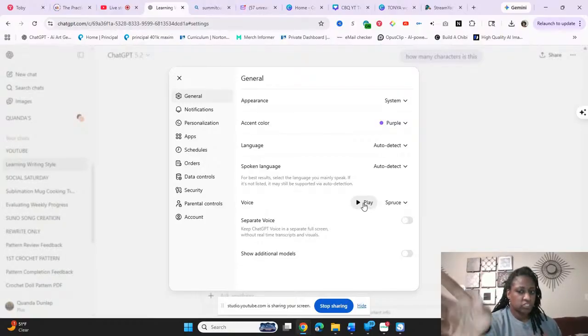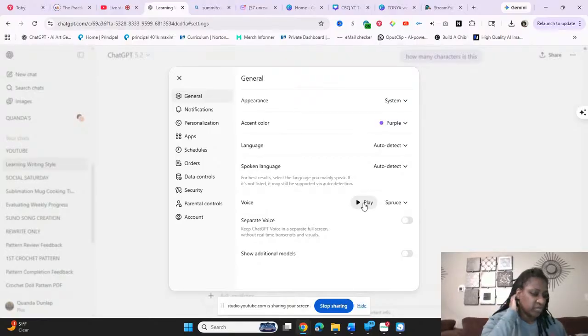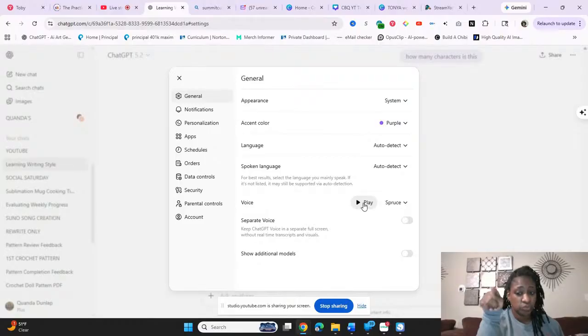But you can't hear it, so ain't no need to go through all of that. I think Tux is a woman. So when she pushes the button to talk to her ChatGPT, it's a woman's voice. Mine is a man, so whenever I push the button to talk to it, it is a man voice. His name is Spruce. Technically, his name is Tyrone, but his name in ChatGPT is Spruce.